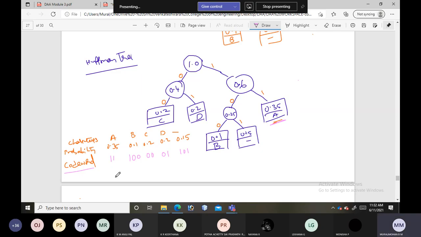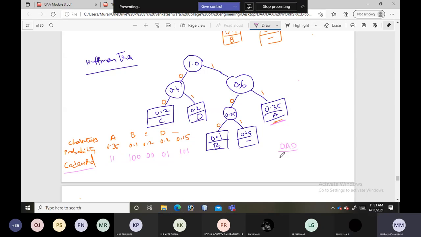Okay, I hope it is clear for everyone. Now I will give you one text so that you encode it. Let us take DAD. Can you encode this? 011101.